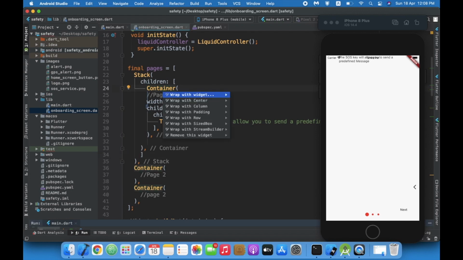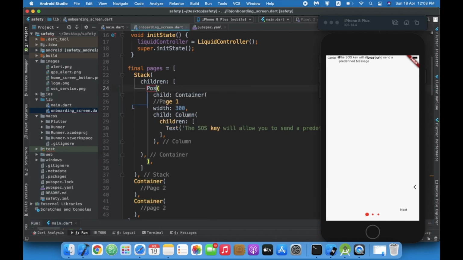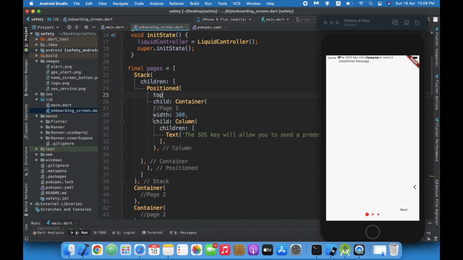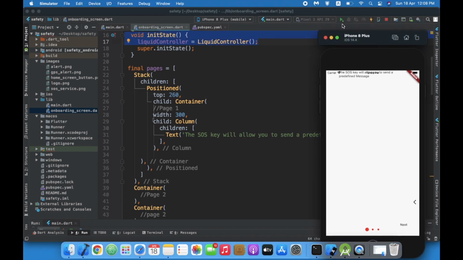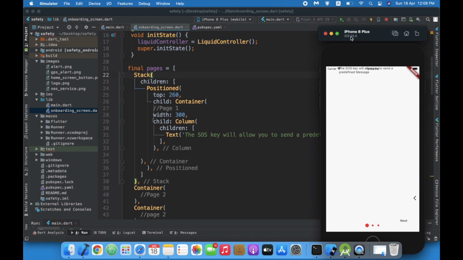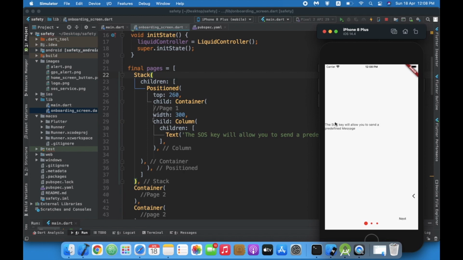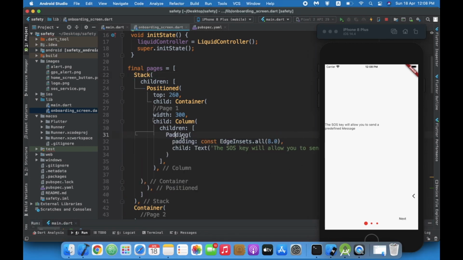I'll wrap this widget with a positioned widget, and I'll give top 260. Now let's hit the play button and check. So the hot reload won't work over here. Yes, see, so we have been over here. Okay, let us give padding to this widget, and the padding will be 30.